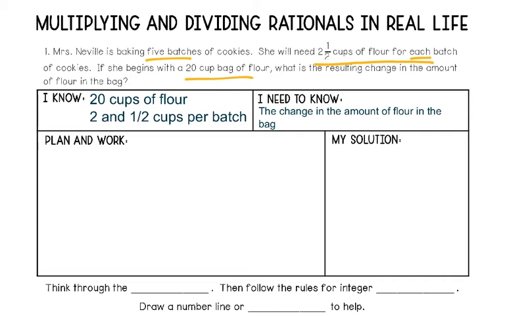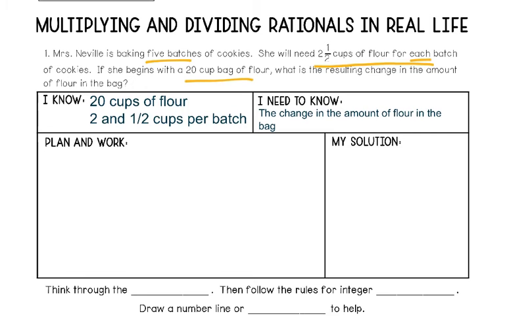So when we make a plan, the first thing we need to know, if she's using 2.5 cups of flour for each batch and there are 5 batches, is that we want to use that 2.5 and that 5. And now we need to decide what operation we're going to do between those. Since it says each batch, that's a clue that we're going to multiply. So each is a clue for multiplication. You can look back in your notes for the math vocabulary section, and you should know that each means multiply. So if each batch of 5 has 2.5 cups of flour, we want to multiply 2.5 times